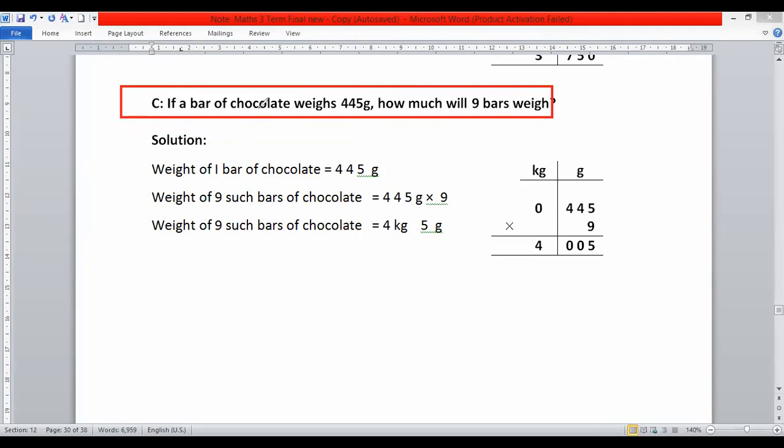Dear students, whenever you find the weight of one object or one thing, and you want to find the weight of more than one object, you have to multiply. Here in this question, the same situation is occurring. Weight of one bar of chocolate is equal to 445 gram. This is the weight of one bar of chocolate. So if you want to find the weight of 9 such bars of chocolate,